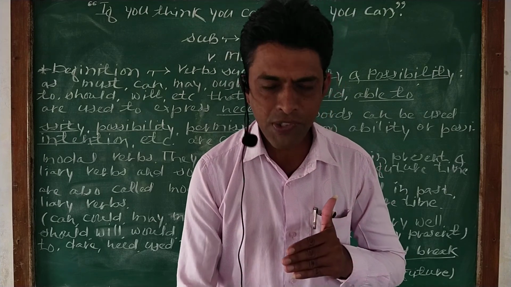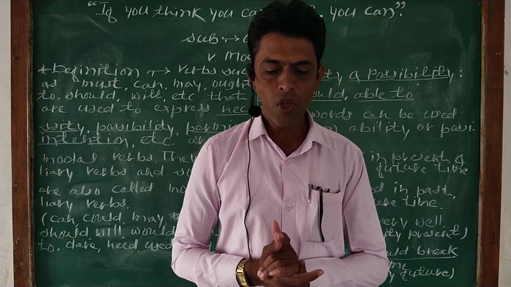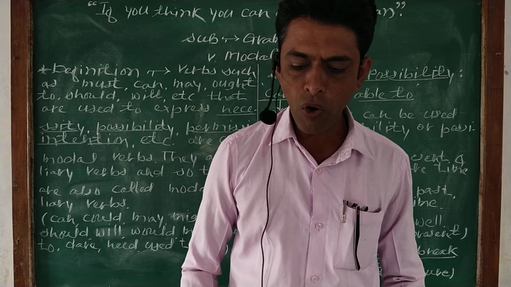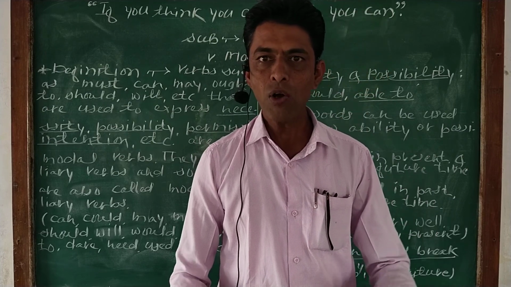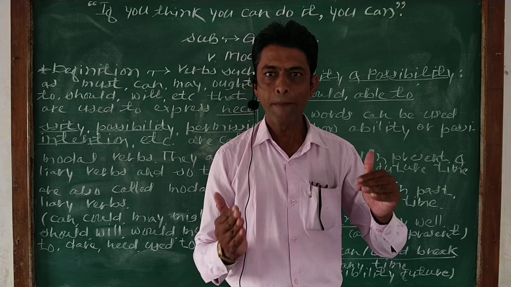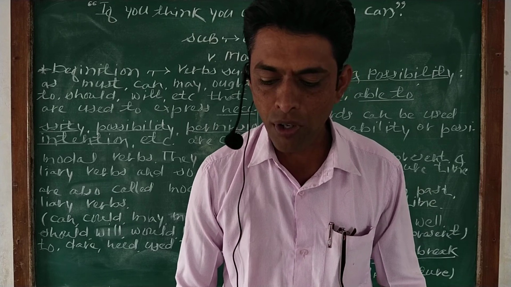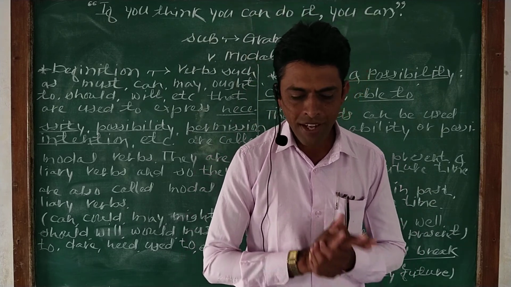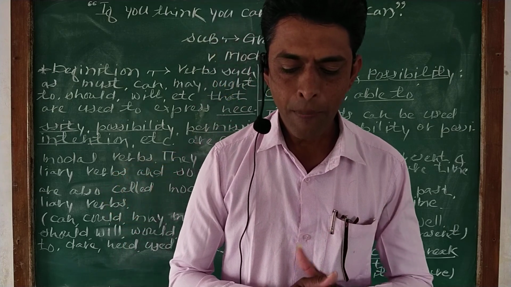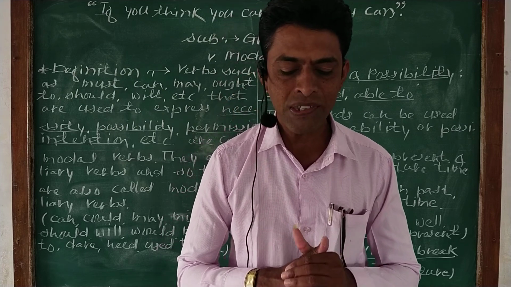Before we go to discuss a new topic, there are some sentences given on page number 45. You have to study these sentences and observe the role of the main verb and the modal auxiliary verbs. You have to observe each and every modal and main verb, and the role of the modal auxiliary, right? If you look at the very first sentence, there are some words which are underlined. You have to find out the main verbs and the modal auxiliary verbs and their role in those sentences.